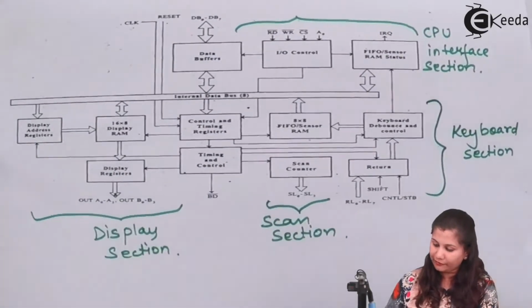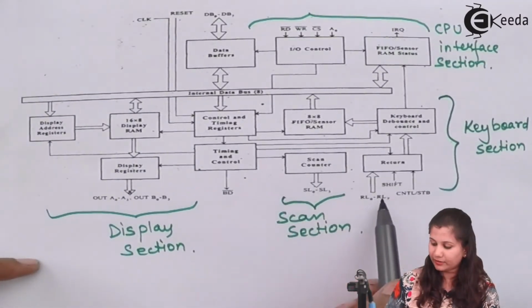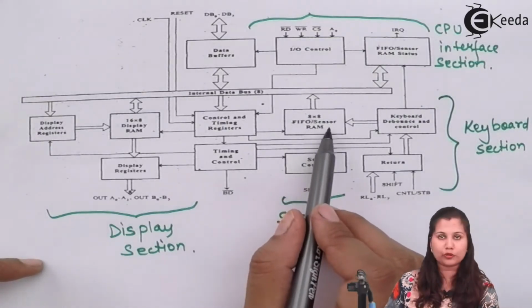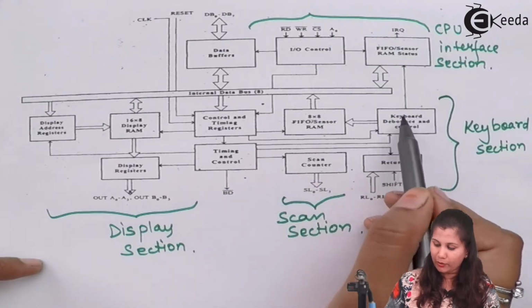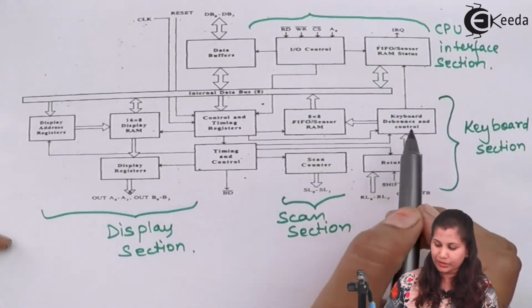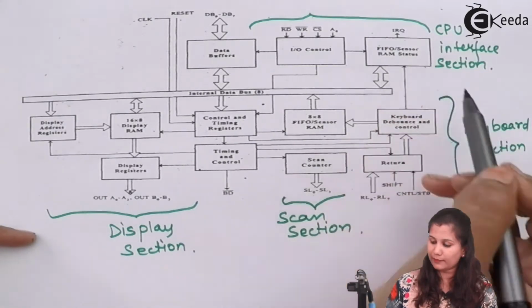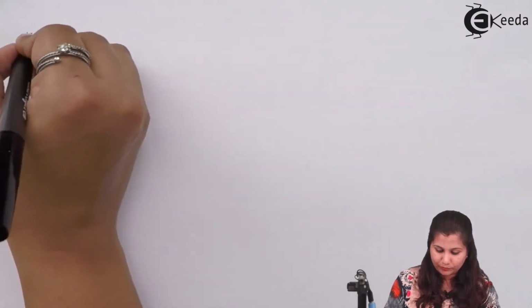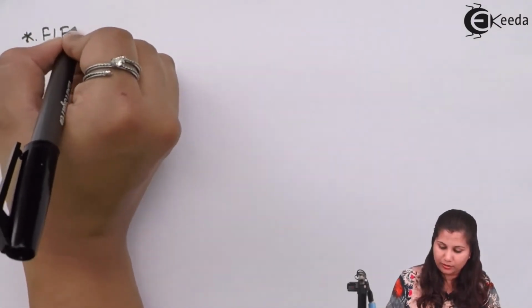Now in this keyboard section, we have studied the return section also. Return has the return lines and the shift and control input. Then this RAM also we have studied. Now we are left with the keyboard debounce and control section, and also this FIFO sensor RAM status, which also comes under this keyboard section. So this FIFO sensor RAM status block,